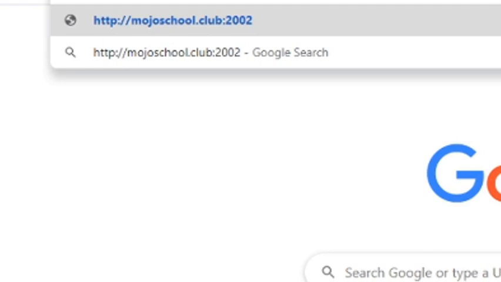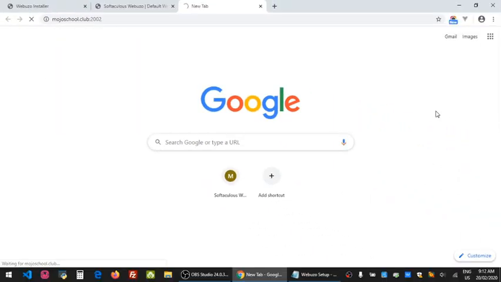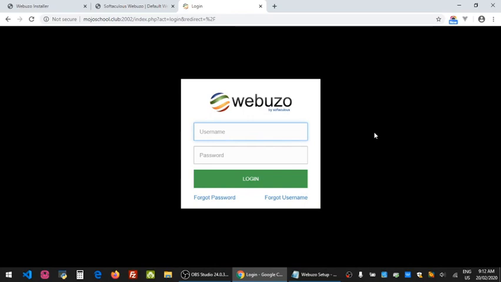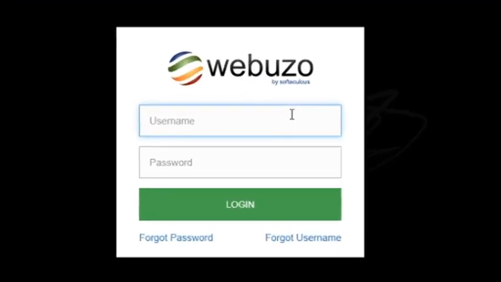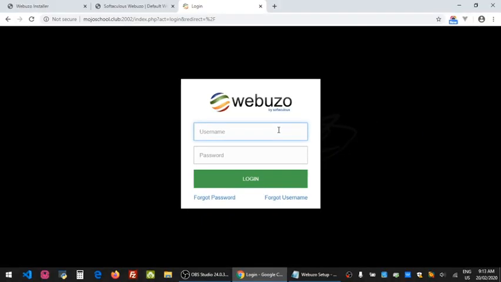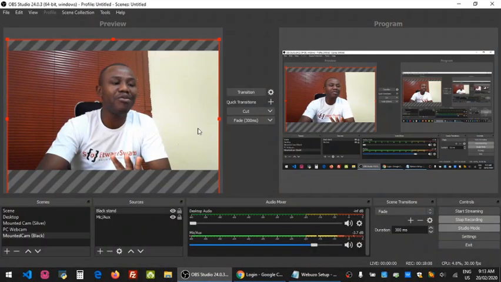So I go to mojoschool.club and I go to 2002. When I go to 2002, I am given the admin panel, and only those who have the username and the correct password should be able to log in at this point, and that should be you, because you are expected to be the administrator of the site. Please always remember that